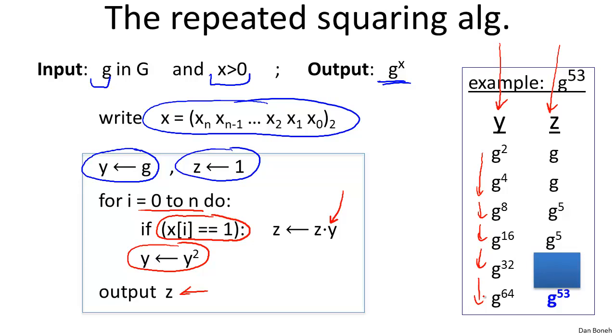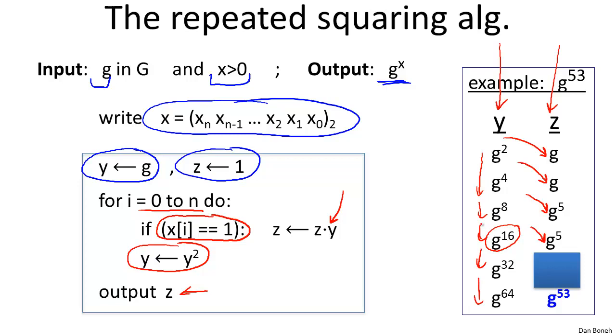So for example, the first bit of the exponent is 1, therefore at the end of the first iteration, the value of Z is simply equal to G. The second bit of the exponent is 0, so the value of Z doesn't change at the end of the second iteration. At the end of the third iteration, the third bit of the exponent is 1, so we accumulate G to the 4th into Z. The next bit of the exponent is 0, so Z doesn't change. The next bit of the exponent is 1, and so now we're supposed to accumulate the previous value of Y